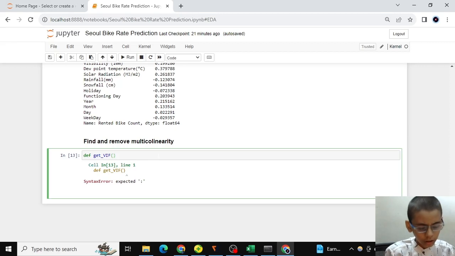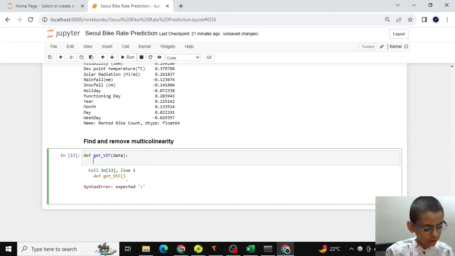So let's create our function, get VIF of data.